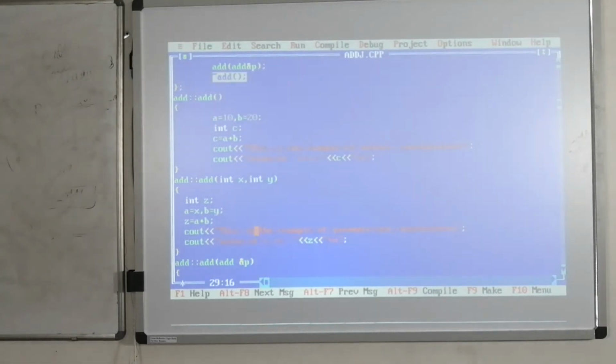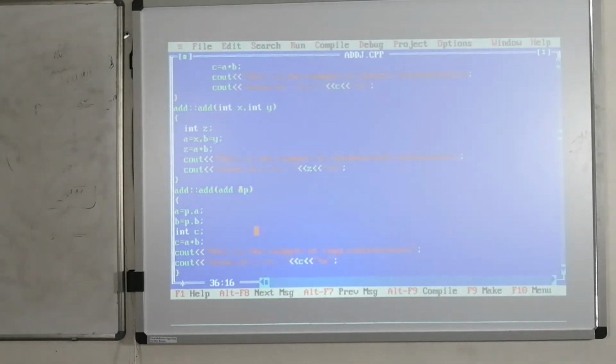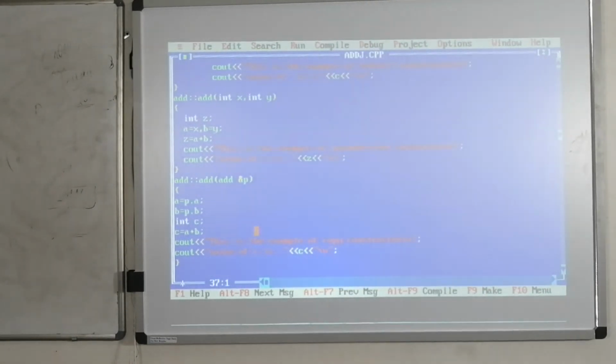Here I am declaring the destructor. Now here I am defining the destructor. The destructor also does not have any return type, that's the reason no need to write it.